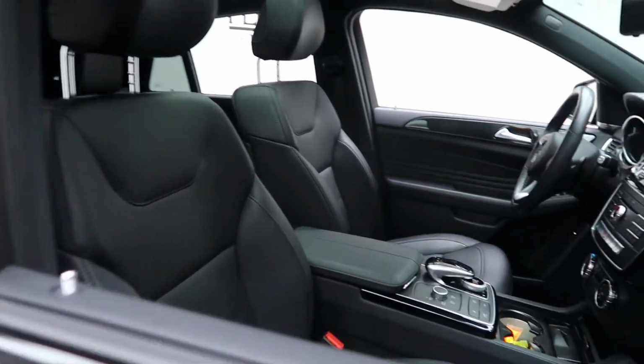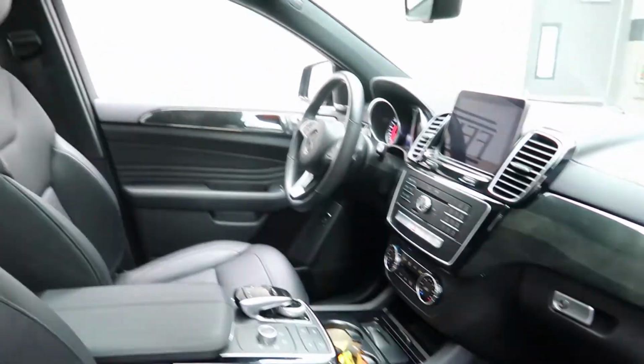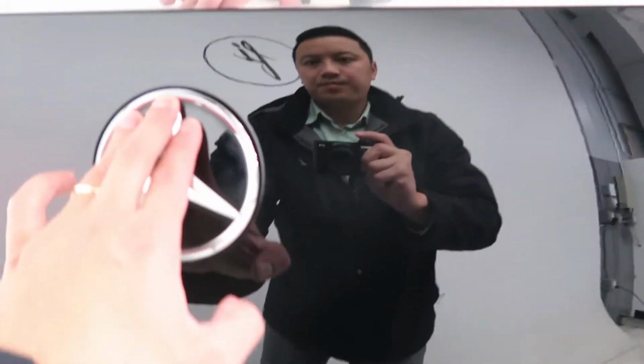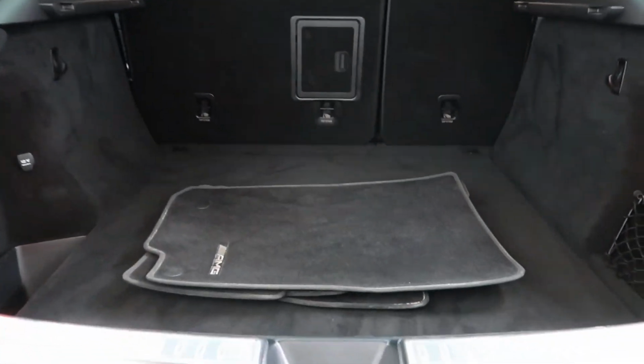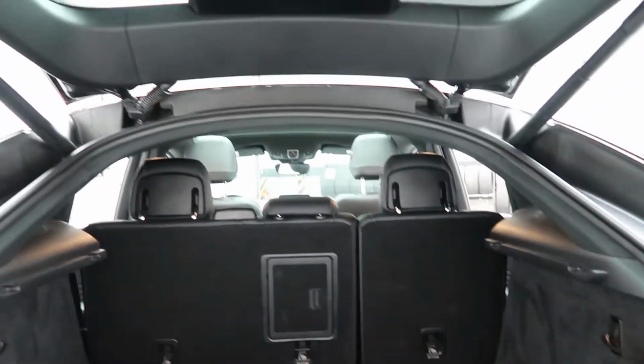black MB-Tex interior with an anthracite poplar trim, panorama sunroof, rear spoiler, AMG GLE 43 badging, trailer hitch, power liftgate, clean set of floor mats, fold down rear seats,